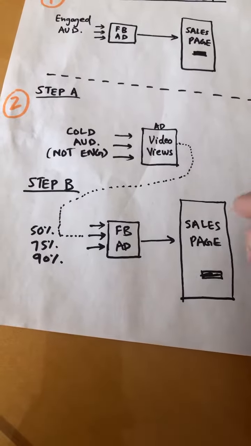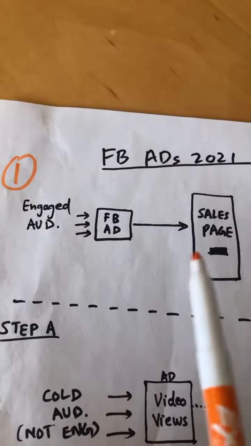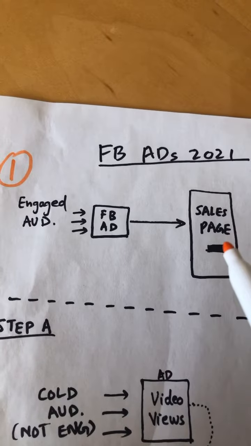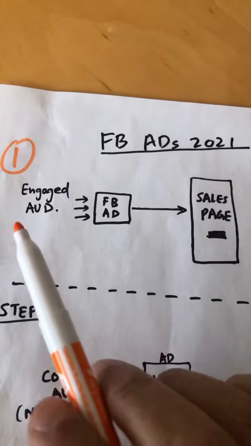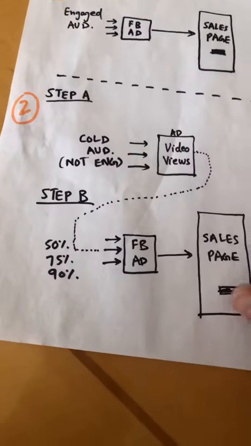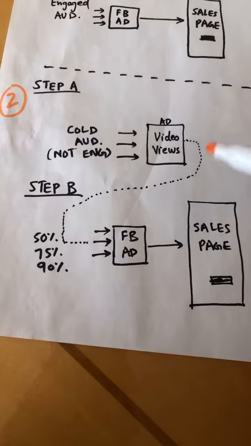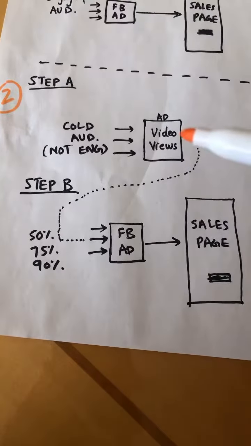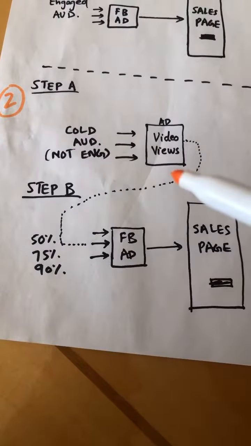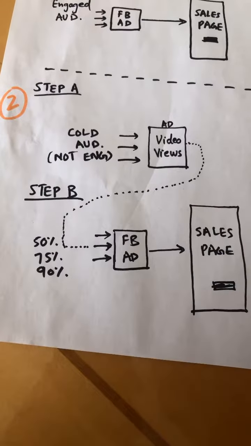Now, if you step back, a lot of the time what people try to do is this simple process, which is okay, but they target a cold audience and then they expect them to buy stuff. Now, that doesn't work because these people do not have the relationship with us, the know, like, and trust factor. So that's where you can use a simple two-step process. It could be video views, it could be engagement campaigns, or other methods. But by using this two-step process, you're warming up the audience, you're qualifying the audience before you pitch them your product or service.